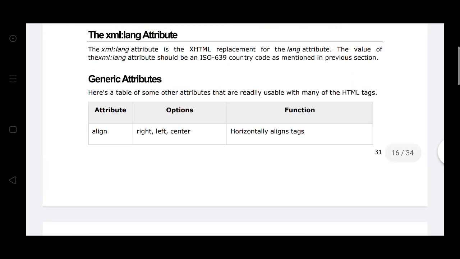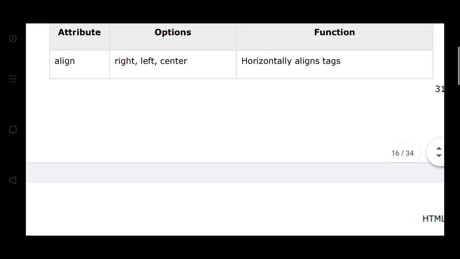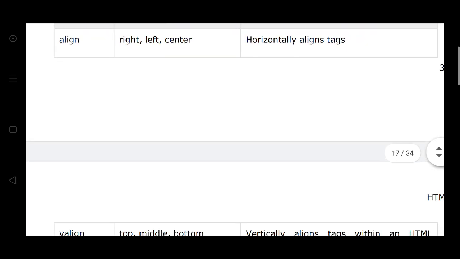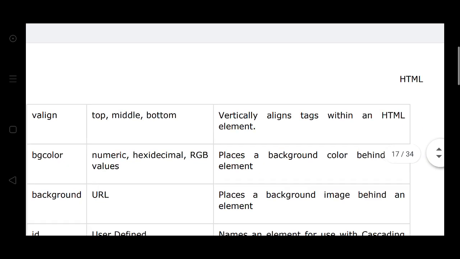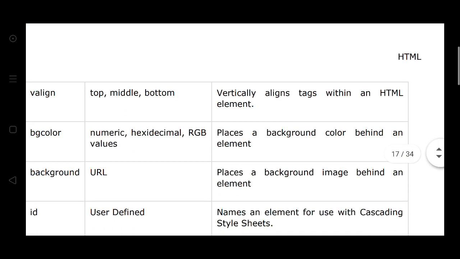Generic attributes are very important. In these generic attributes, we see left alignment, right alignment, and center alignment. That is horizontal. At the same time, vertically, V align: top of the page, bottom of the page, and middle of the page. Vertically align tags within the HTML elements.